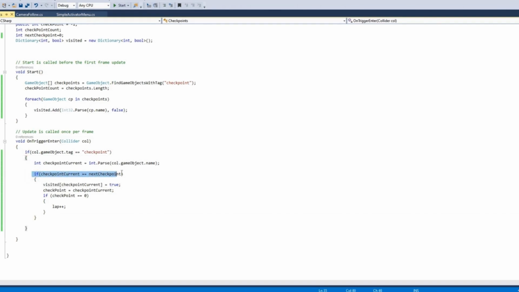Now this statement will ensure that the car cannot cheat, the player cannot skip any checkpoint. If the checkpointCurrent is not the next checkpoint, then this code will not run.